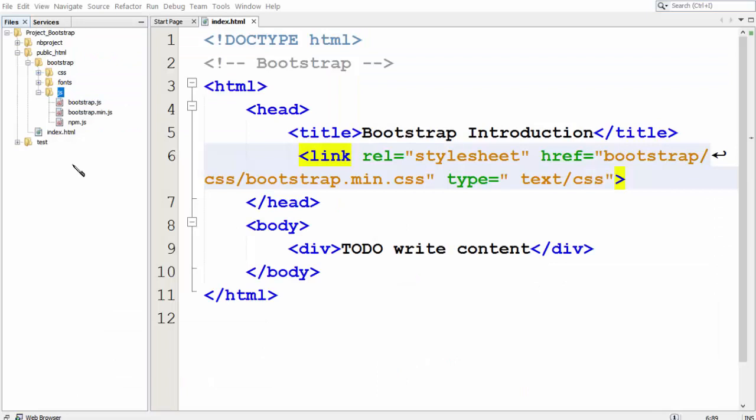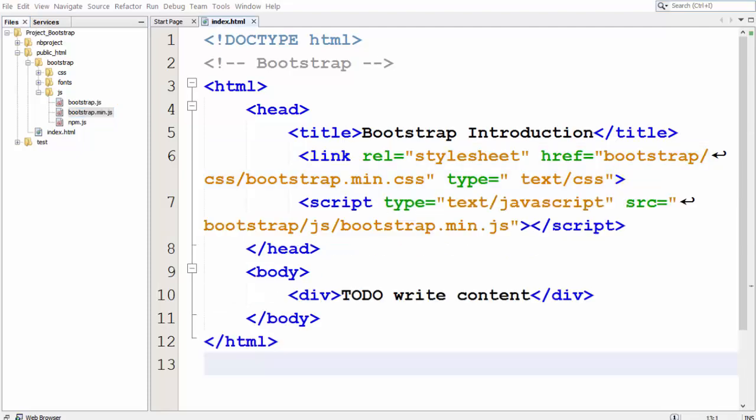The JavaScript files in the JS folder of Bootstrap are used to add predefined JavaScript functions to our HTML code. It's the same way as we are adding predefined CSS classes to it. We will add the JavaScript file to our code also. Add a link to this bootstrap.min.js in the head section of the index.html code using the script element. The script element in HTML is used to embed scripts within an HTML document.